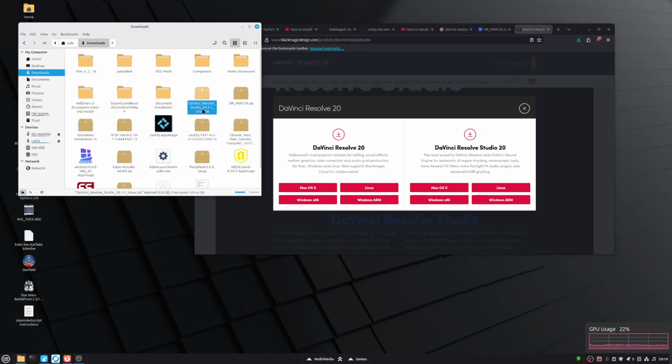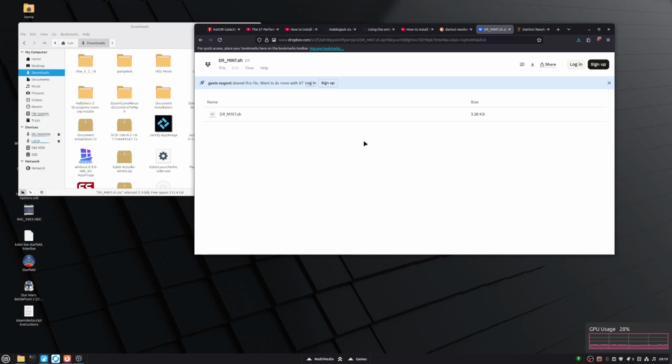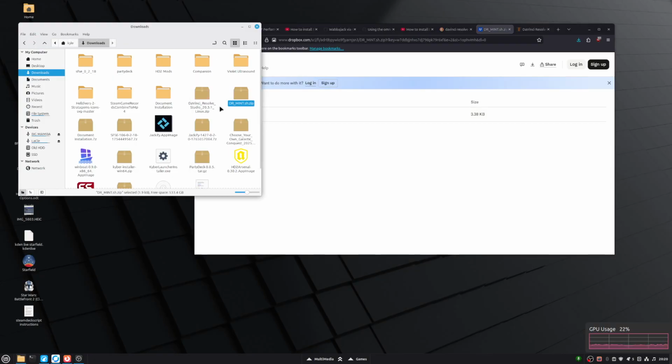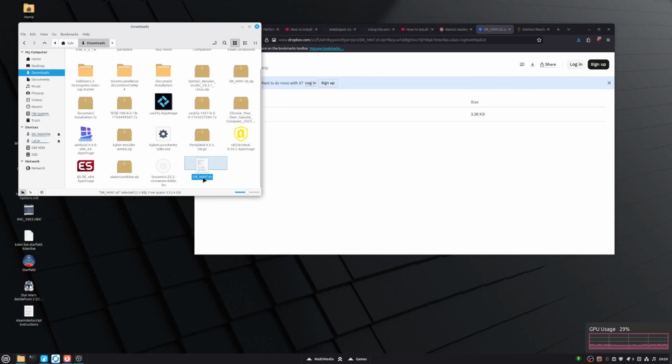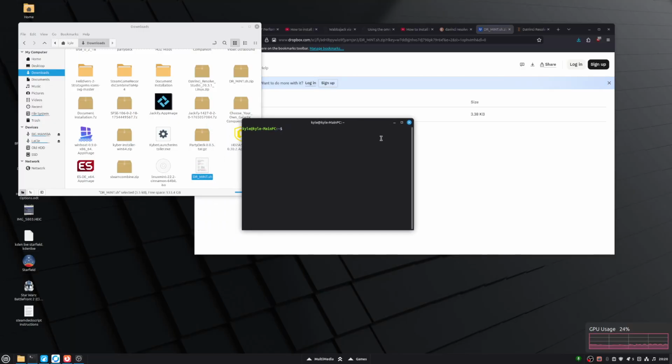20.3.1 Linux.zip. And then I also need to get this file here, the drmint.sh. Now, this guy here made this script that you download. Once it's downloaded, you extract it, and then you get left with this file here, drmint.sh. All you're going to do is open up terminal now, and then you're going to do chmod plus x, and then